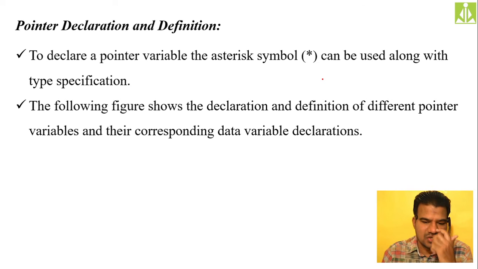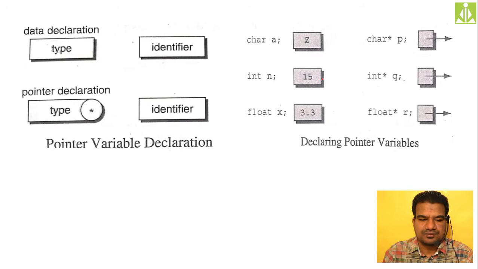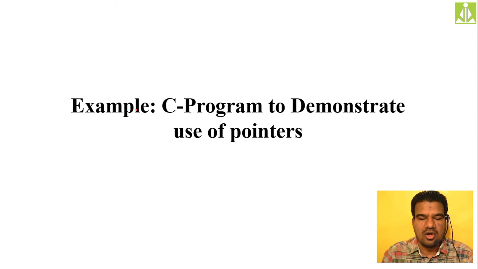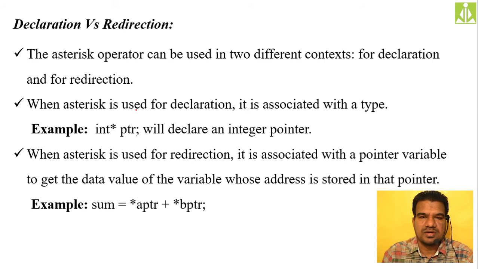Then pointer declaration and definition, how we do, simply suffix the asterisk symbol after the type name, after the type specification, to declare a pointer variable. Okay, so like this normal variable declaration, we specify only the type followed by the identifier. But pointer type declaration, we need to specify asterisks as well. We need to suffix the type name with asterisks followed by the identifier name. So now this identifier will become a pointer. Okay, on this also we discussed the program examples.